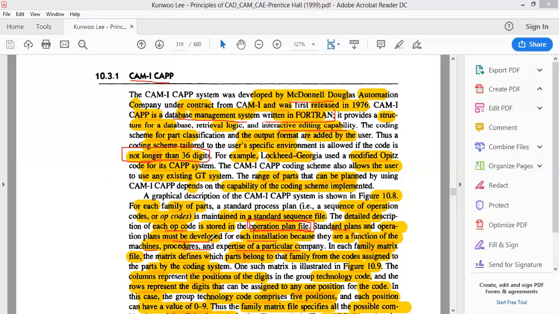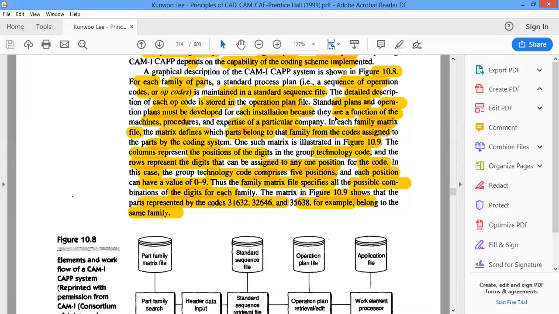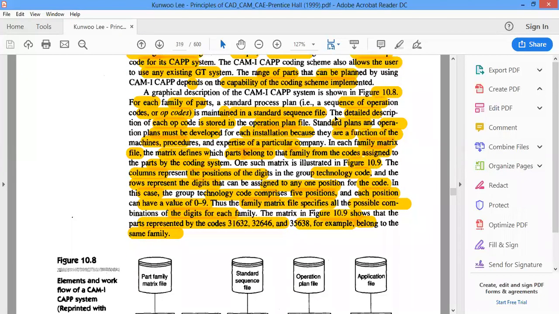So the next thing over here, as I just said, each one of them will have a code, so it has to be associated to a particular family. So each family will also carry one particular code. So nuts and bolts will carry one particular code. All the pistons will have a particular code, and piston rings.